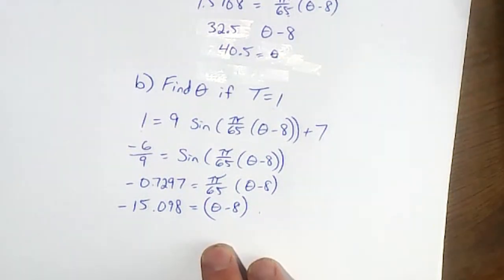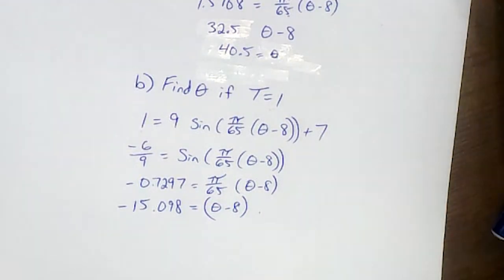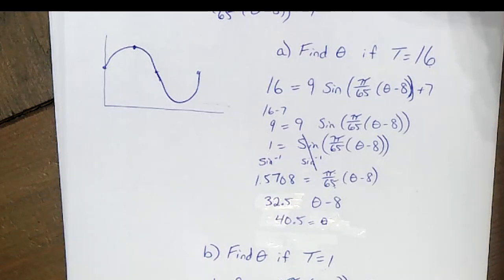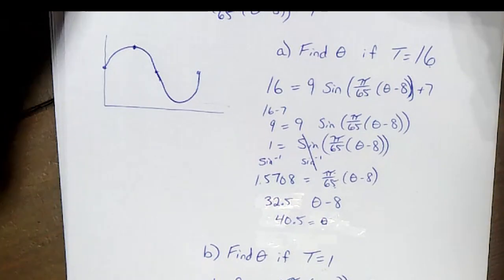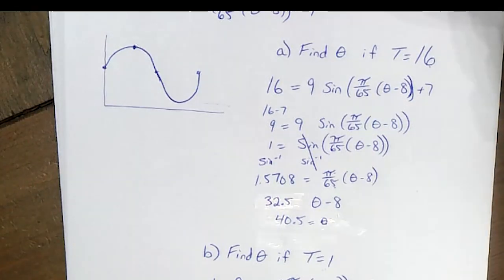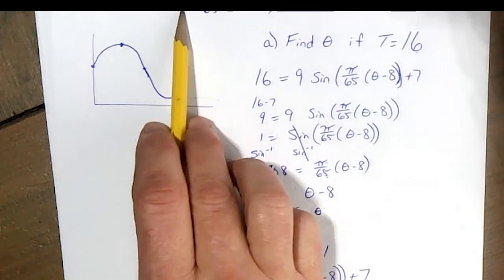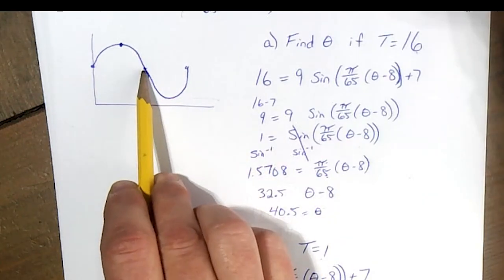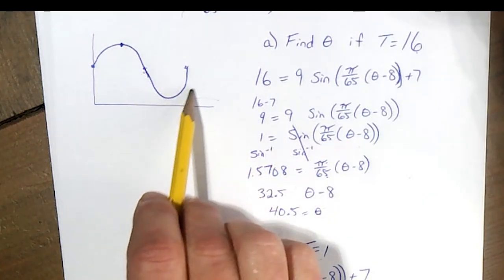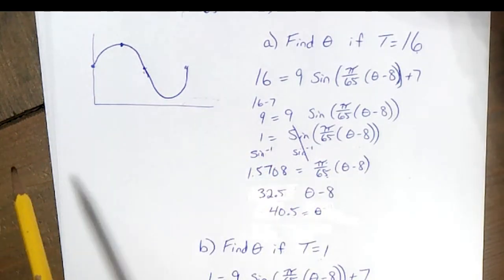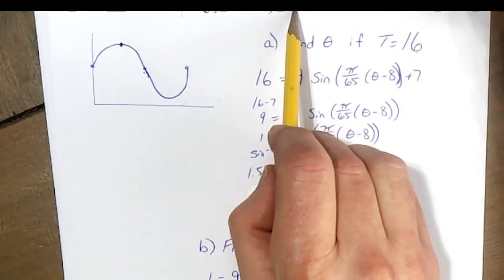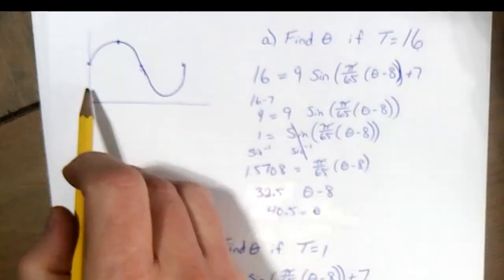So at this point, what we're going to look at is the diagram. So I've got a basic sine graph. It doesn't have to be too fancy. We know sine will go up first, come back to the midpoint, go down, come back to the midpoint. The midpoint is 7. So if we're looking for 1,